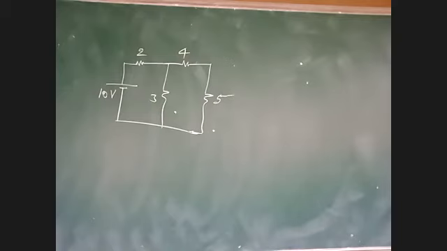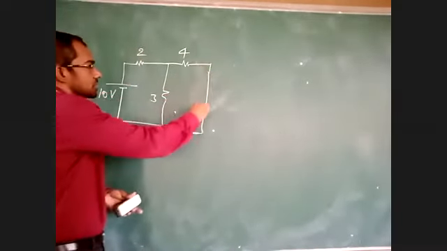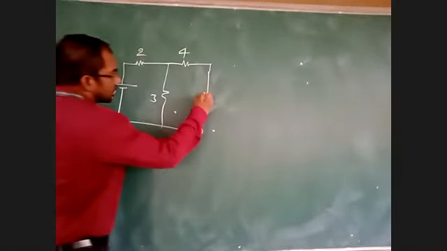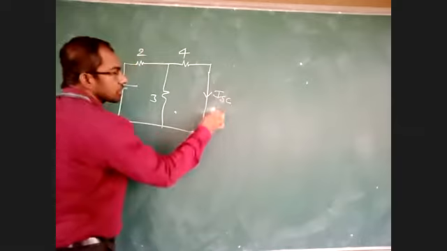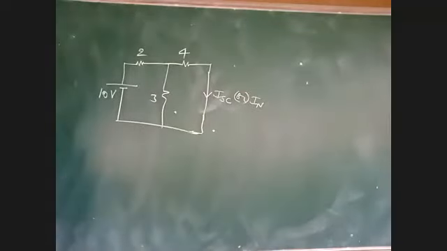So now see, in Norton's theorem, what in Thevenin's theorem had you done? Remove the resistance and place VTH. Now we have to short this resistance. In Norton's theorem, I short circuit this 5 ohms and find ISC, the short circuit current, or we can also call it IN, Norton current. SC means short circuit. ISC or IN, anything we can place. IN means Norton current, both are one and the same. Draw one more circuit.